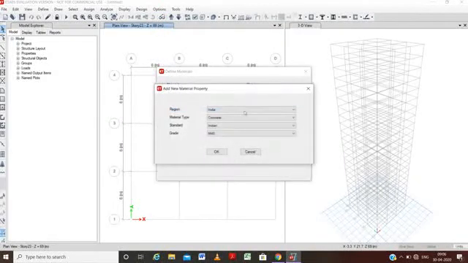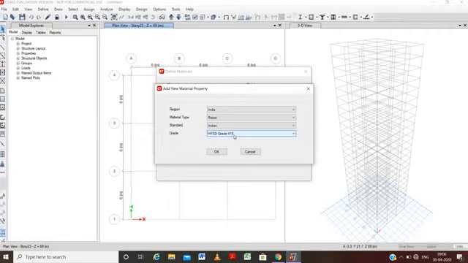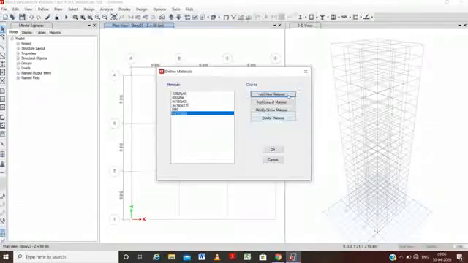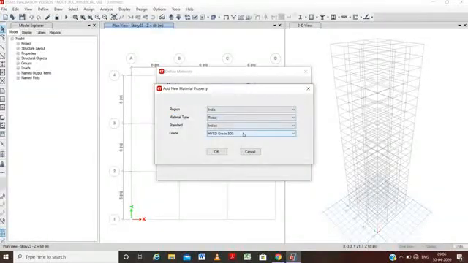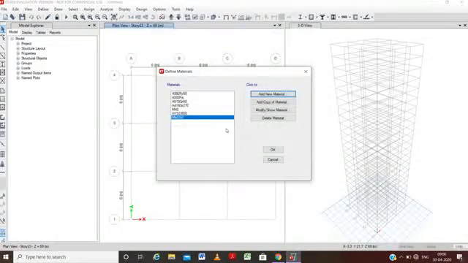Again we will add a new material, India. Material type will be rebar, as we have to use rebar in the concrete, HYSD 500, and OK, and press OK again. And again add new material, rebar, MS 250, and just press OK and OK, and this will be done as follows. So we have listed all the materials to be used in this building, and press OK.